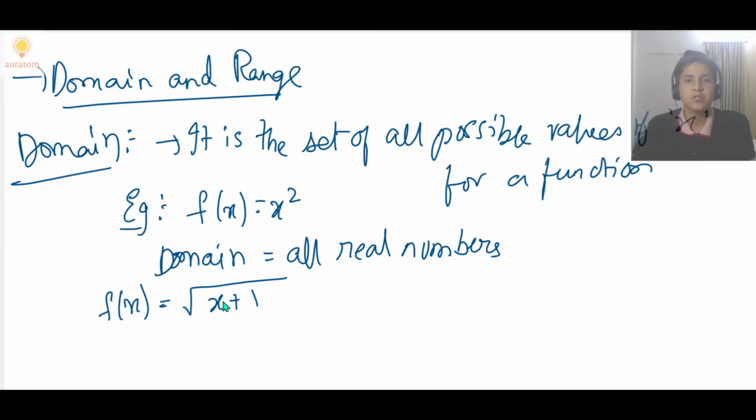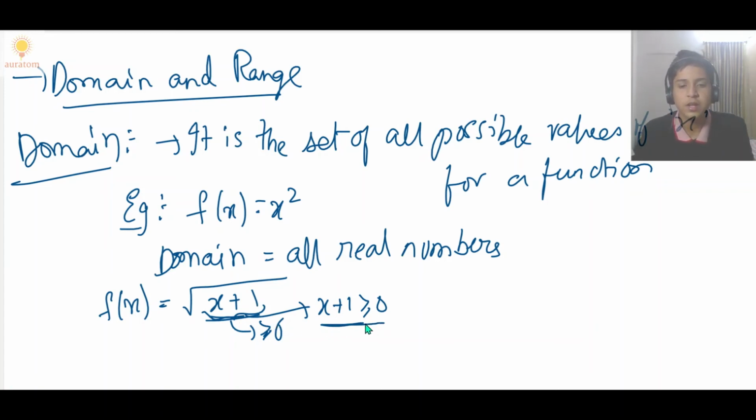I think it's not true, because the square root is defined only when the inside term is positive or 0. I mean, the inside term has to be greater than or equal to 0, right? So that means this term here, which is x plus 1, has to be greater than or equal to 0. If there is a negative number inside the square root, the output is not defined, because we don't define square root for negative numbers, right? So the inside term here has to be greater than or equal to 0. That means this has to be greater than or equal to 0.